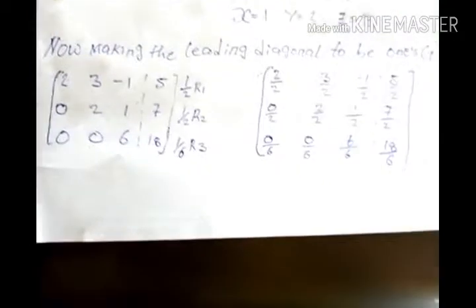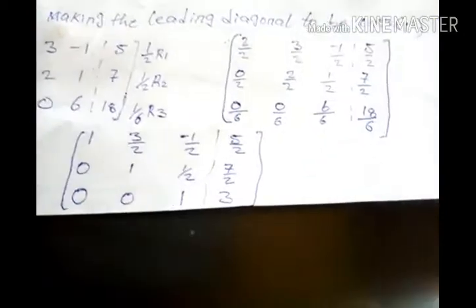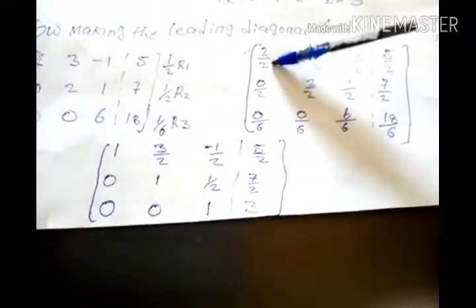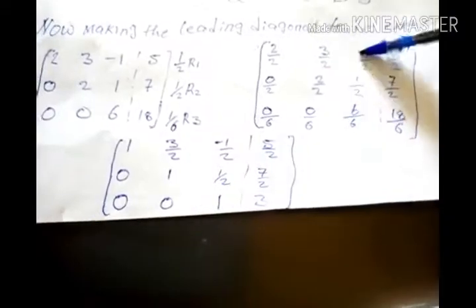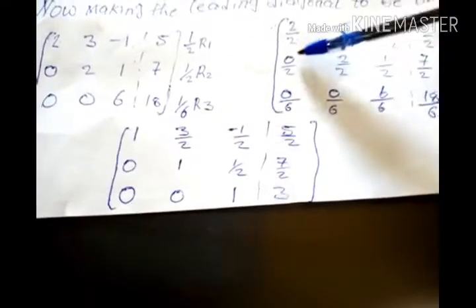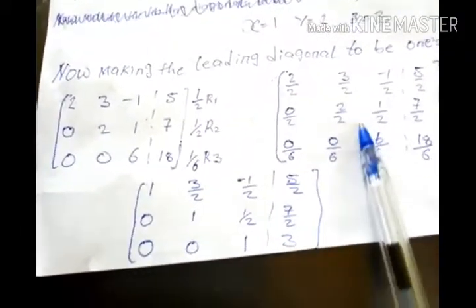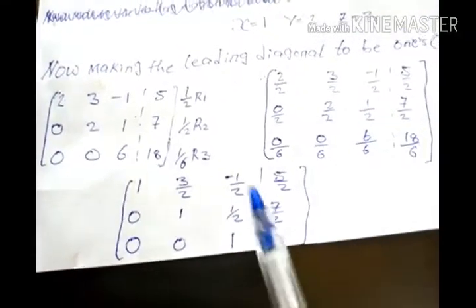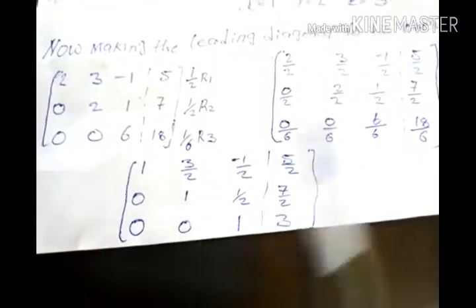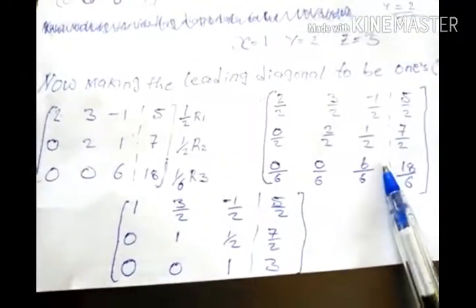Alright, so the next step is the one that will be properly divided; you divide it, and the other ones we can leave and see how it's going to be. So I'll write what the next step will be. This is what we are going to have. If you divide 2 by 2, you have 1, but this one is there. 0 divided by 2 is 0, so we have our 0 here. 2 divided by 2 is 1, and your half is here. Your 7 over 2 is here. 0 divided by 6 is 0, 0 divided by 6 is 0, 6 divided by 6 is 1, and then